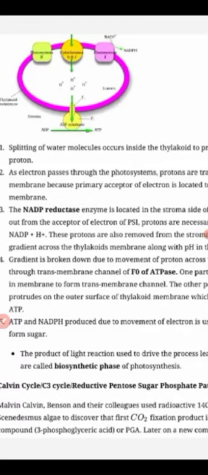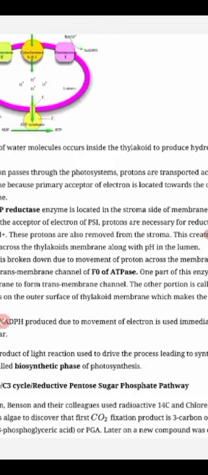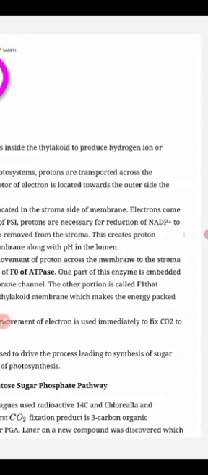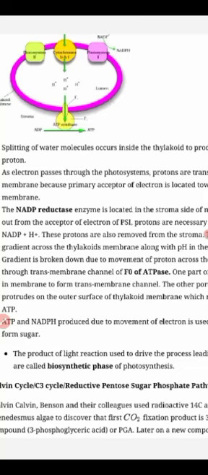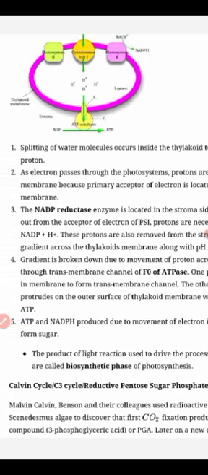So the utilization of ATP and NADPH due to the movement of electrons is immediately for the biosynthesis of sugar from the immediate utilization of carbon dioxide. The products of the light reaction used to drive the process leading to synthesis of sugar are called the biosynthesis phase of photosynthesis. So this cycle is known as,